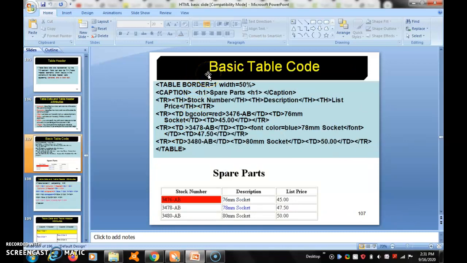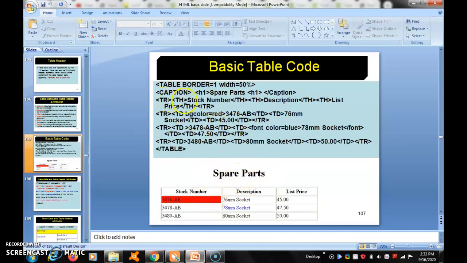here it is one of the exercises. The bottom side it is there in the output. Here with 50% width, the border, no double border. So border equal to 1. Caption spare parts. So it is in spare parts, in heading, large heading size.